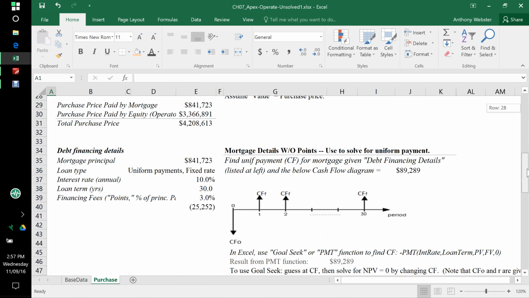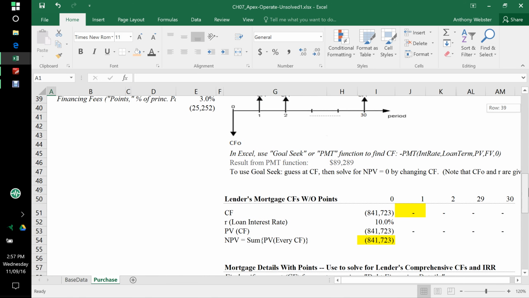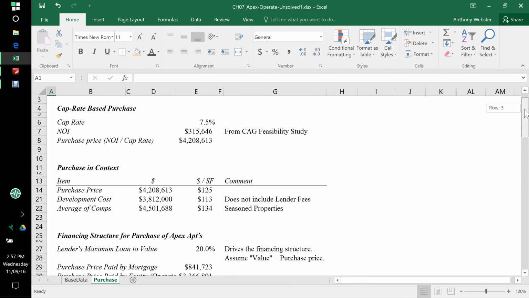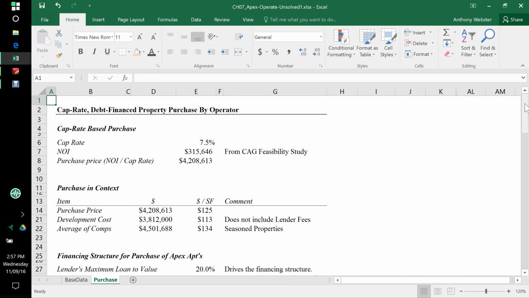But I've modified the spreadsheet a little bit just to highlight some of the important things that we need to solve for as an operator and also as a mortgage lender, i.e., things that are on the checklist that have